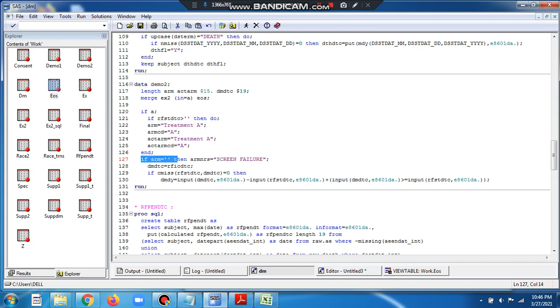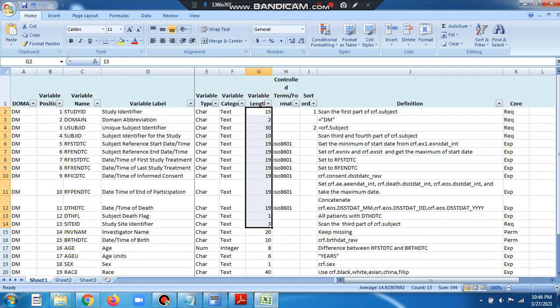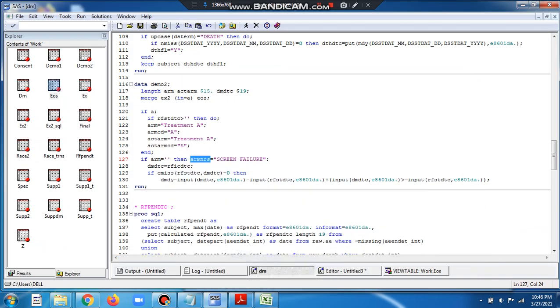And if ARM is missing, then ARMNRS, the reason for not assigning the value of ARM for the patient, is screen failure.